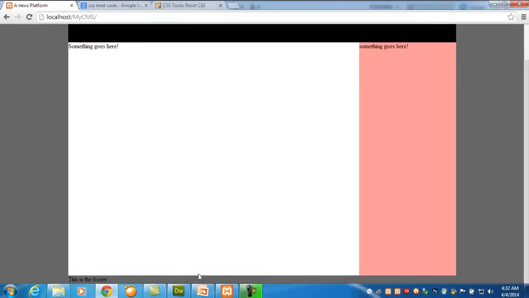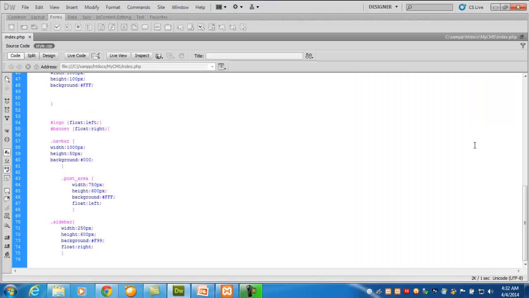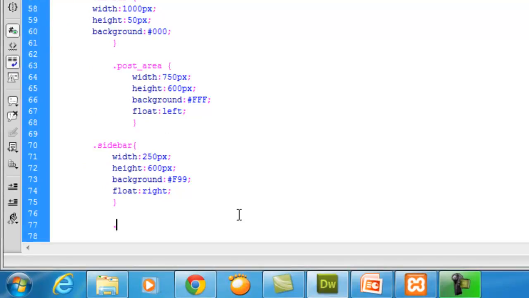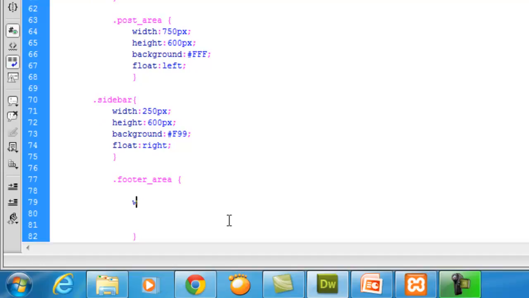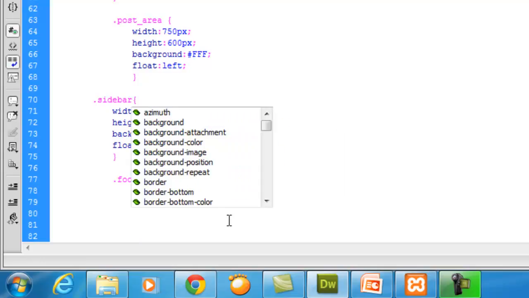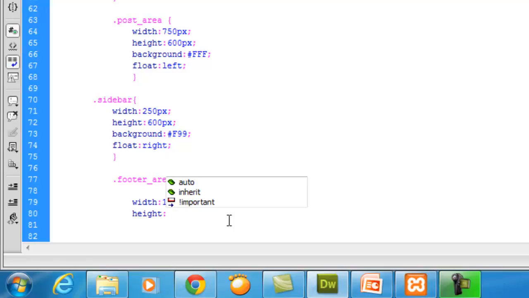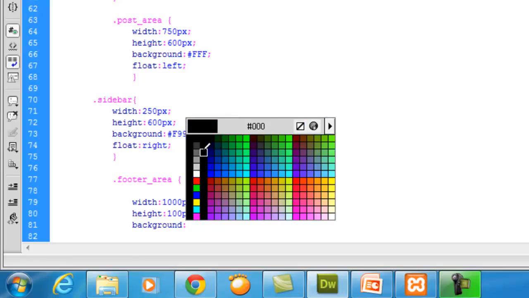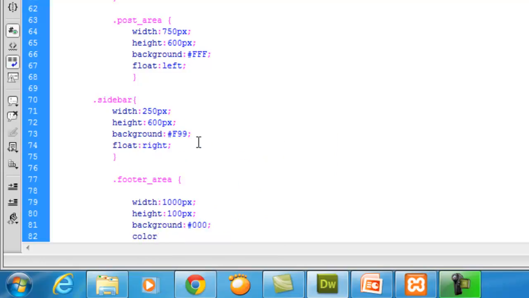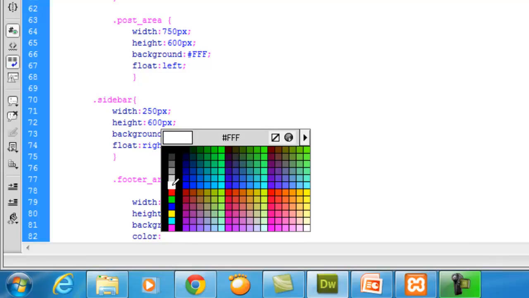We can also add the footer, some styles for the footer. We will later on add more style to this, but the basic thing is basic. So we need to create footer underscore area. This is another class we have created for footer area, and we will say that width should be 1000 pixel, and we will write a code like height would be 100, background will be black color, absolutely black, text color will be white,